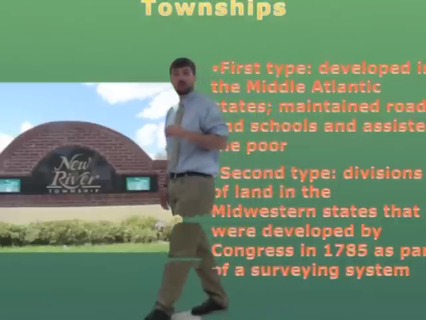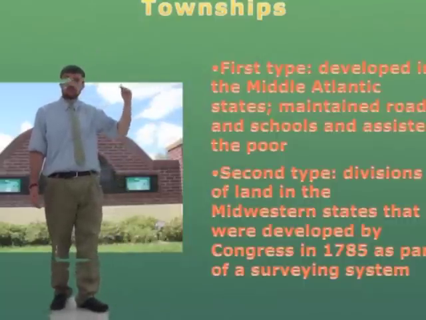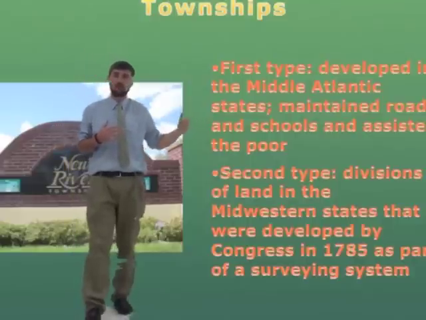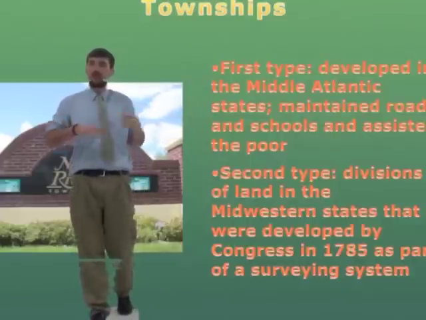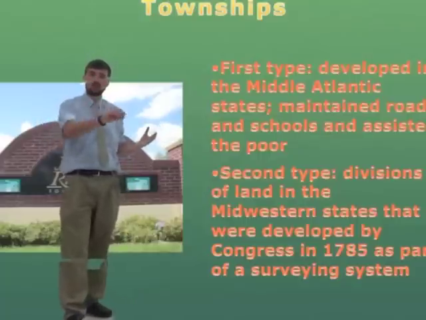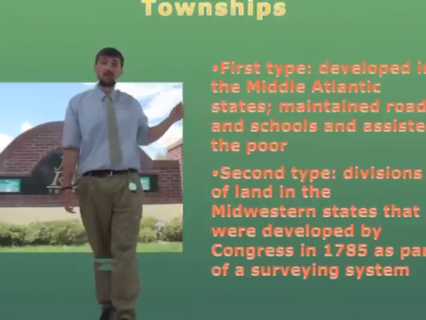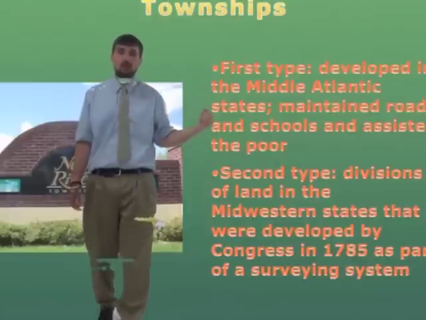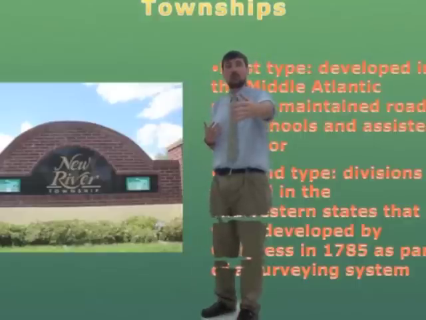Now, out in the Midwest, after we acquired all the land west of the Mississippi, the township developed in a different way. They had all this new land, and a lot of people moving to that area, but they didn't have maps, names, or anything designated for which land is in which town or which city. So they broke the area up into 6-mile by 6-mile squares. They chose this because 6 miles is about how far you can get on a typical wagon ride in one day. Therefore, they took all the newly acquired land west of the Mississippi and divided it by 6 by 6.